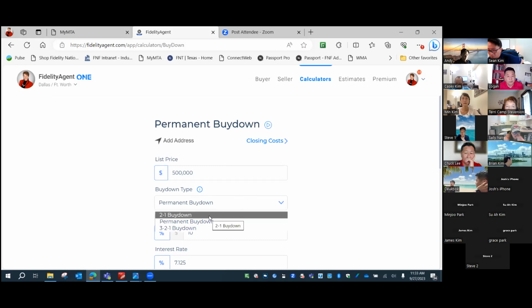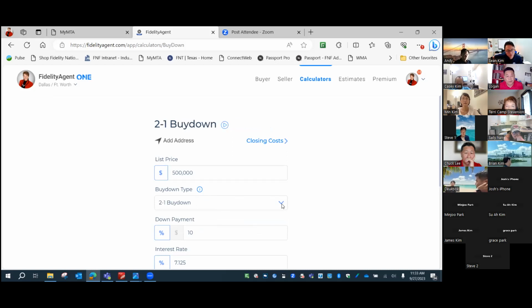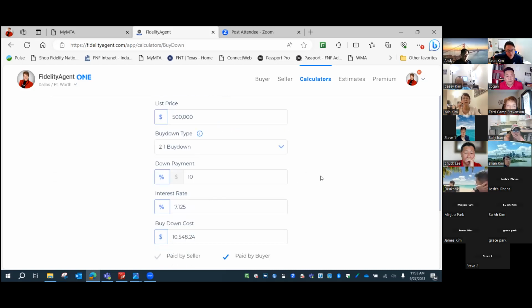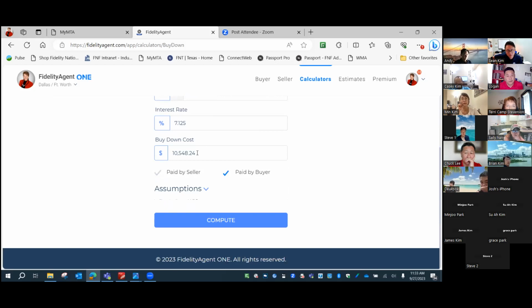And you can do a 2-1 buy down, a permanent buy down, a 3-2-1 buy down. We're going to go ahead with a 2-1 buy down. So it will cost the seller $10,548 for the